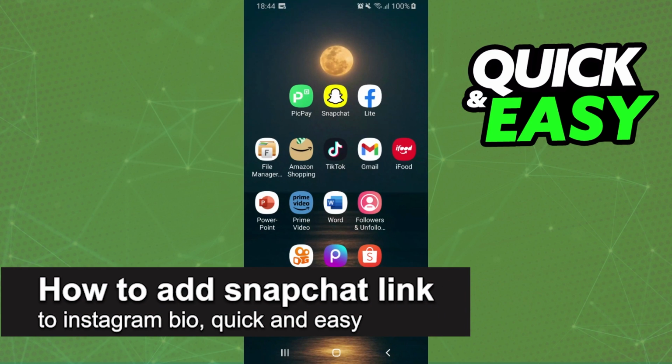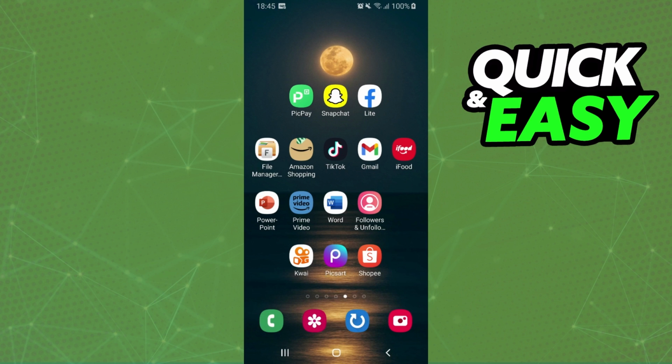In this video, I'm gonna show you how to add a Snapchat link to Instagram bio. It is very quick and very easy. First of all, I will point out that I'm doing the process on my Android, but it's the same process